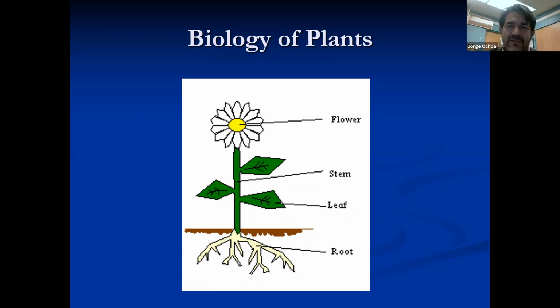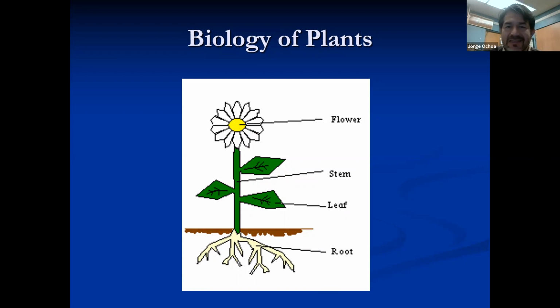There will be instances where root pruning may be required, such as container plants that are overgrown or root bound, where you will have to cut the roots to put them in new media and get them growing again. Or in worst case scenarios, when a sidewalk needs to be repaired because the tree has broken it, they will do some root pruning to the tree in order to keep it confined to its space. It's usually not the case for our purpose because most of the things that we're going to be pruning are going to be the shrubs. So those are going to be the four main parts of the plant that we're going to look at